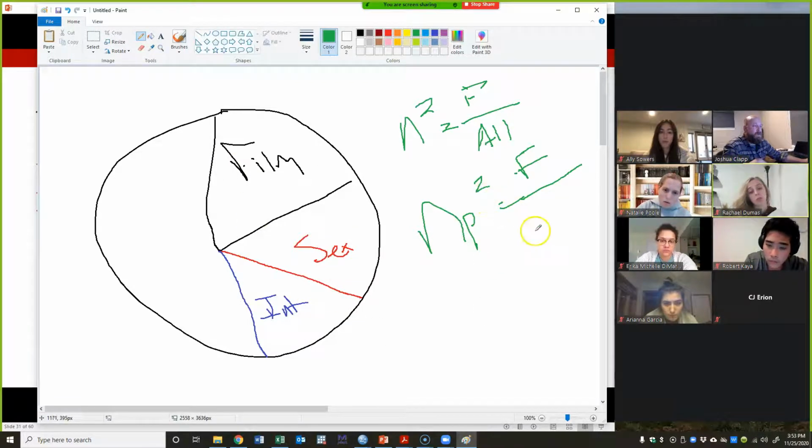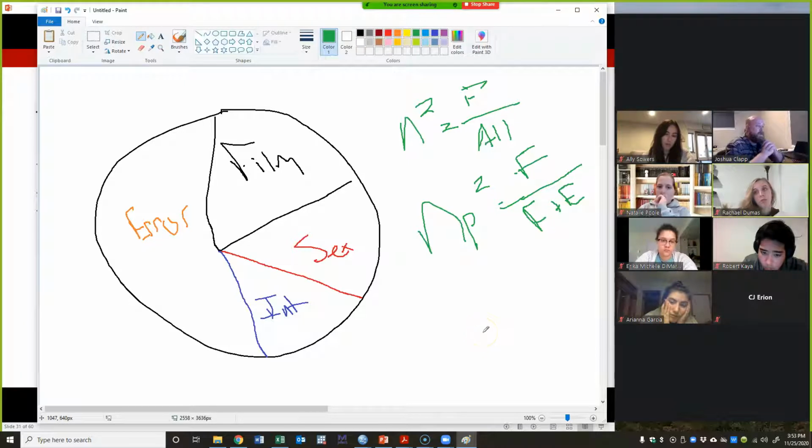So let's say this is error over here. My partial eta squared is film over film plus error. So looking at this, Natalie,